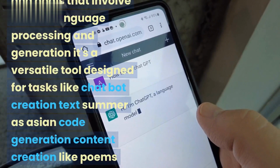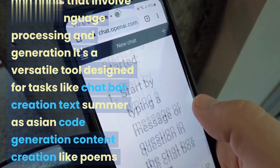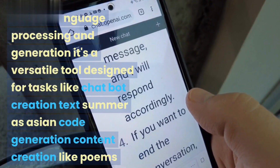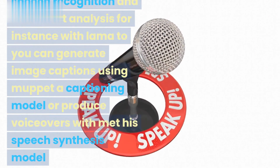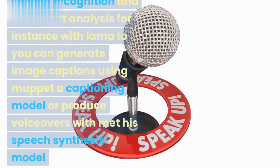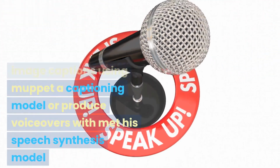Well, the possibilities are huge. LLaMA 2 can help you with a variety of tasks and goals that involve natural language processing and generation. It's a versatile tool designed for tasks like chatbot creation, text summarization, code generation, content creation like poems or stories, language translation and answering queries. You can even integrate it with AI models for computer vision, speech recognition and sentiment analysis. For instance, with LLaMA 2 you can generate image captions using Muppet, a captioning model, or produce voiceovers with Meta's